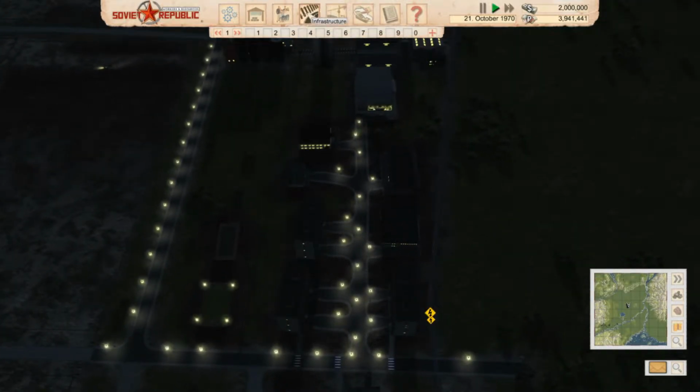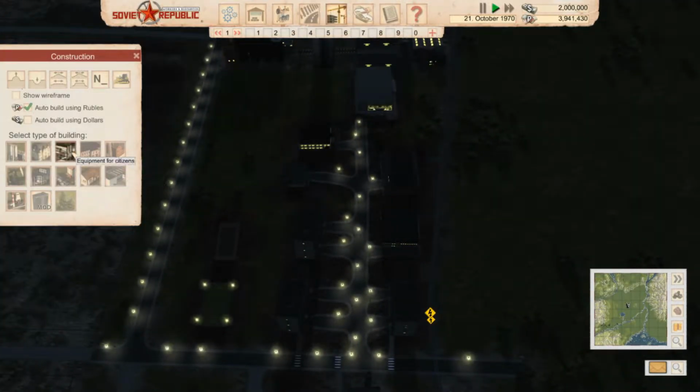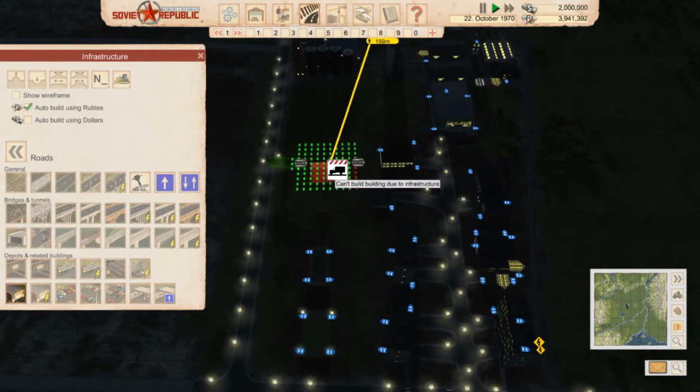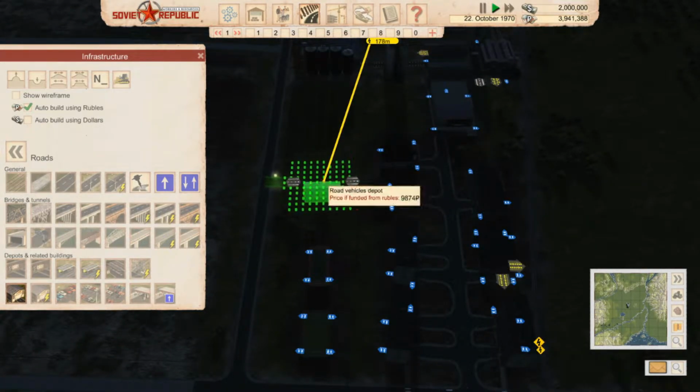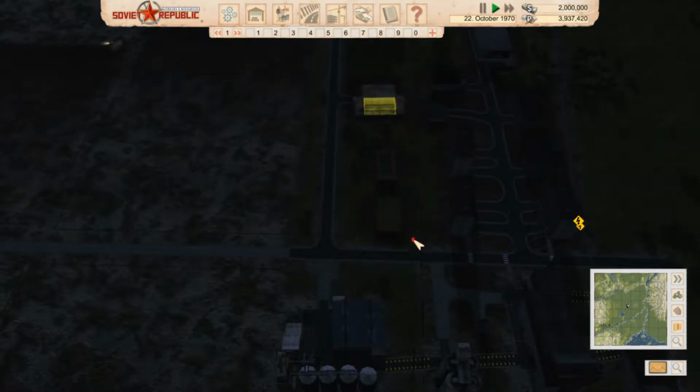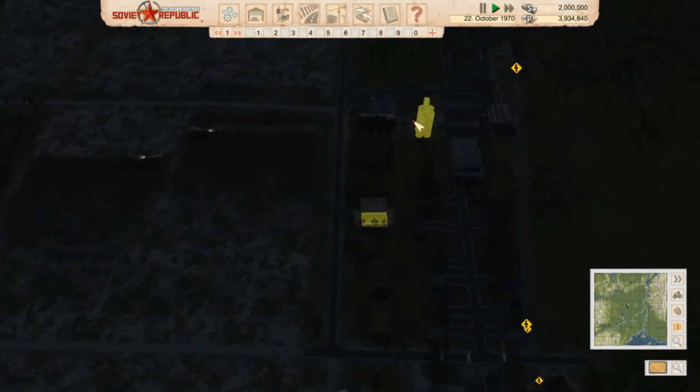So we're going to want to also have, while we're here and we're building, a... Where are you? I want to buy some cars. Where do we get those from? Parking lot, road vehicle depot. Yeah, we're going to want to have one of these, so that we can get ourselves a few extra vehicles. And if needs be, we can get a few extra...